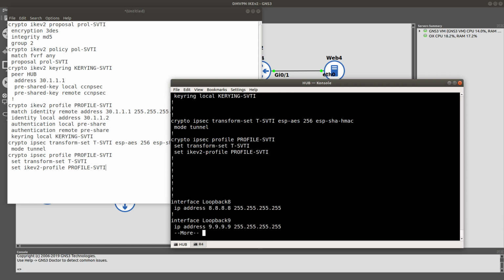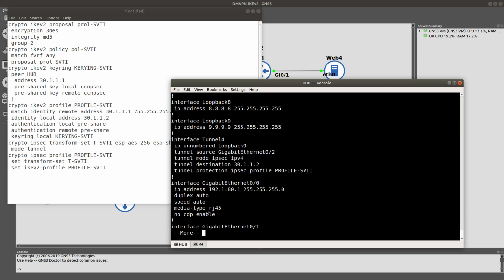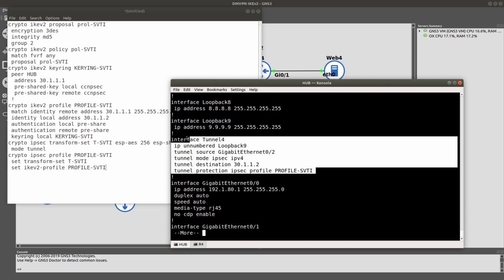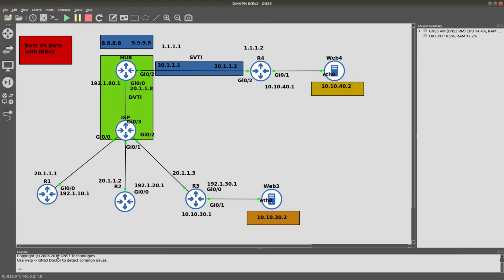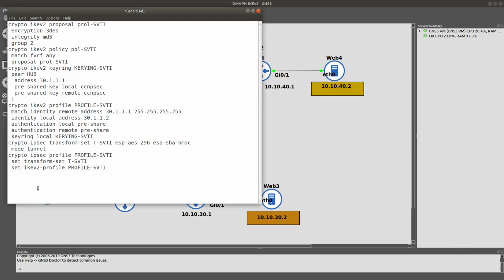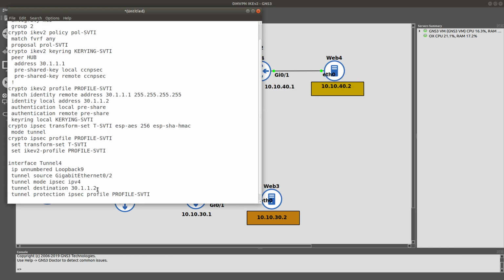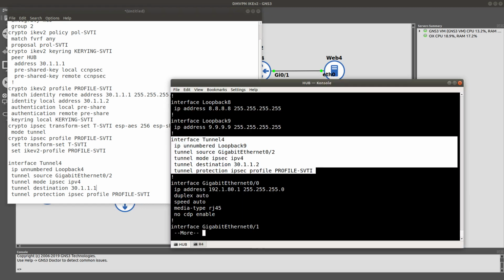which was, see if we can find it. It is right here, tunnel 4, right? Since we just want to copy and paste because it is basically almost the same configuration. We just got to change the IP addresses. For the loopback, we got to see. I think it's loopback 4, but I'm not sure. Destination is going to be 1. There it is. So let's go ahead and bring up that router 4